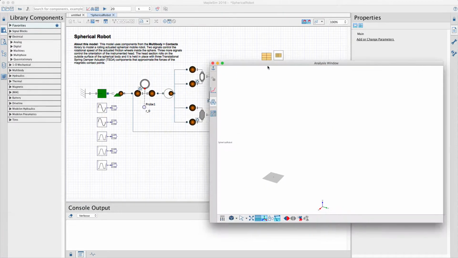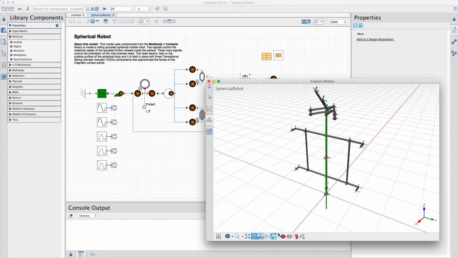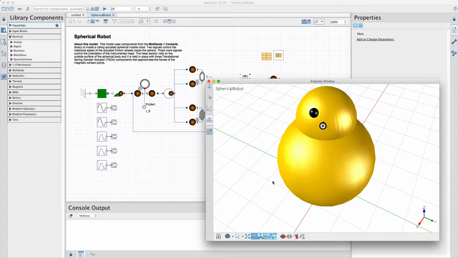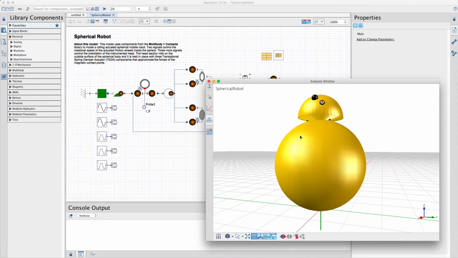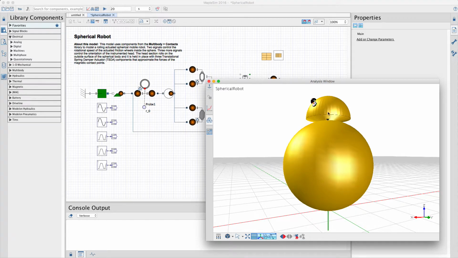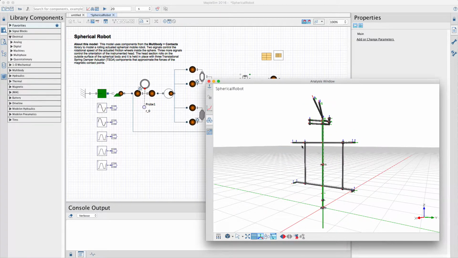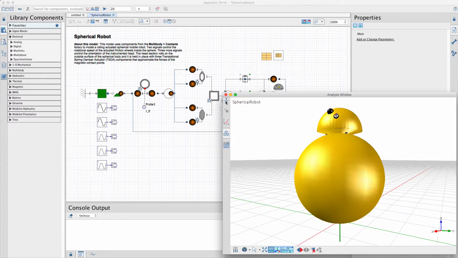So what this robot looks like before we simulate, we can visualize the robot itself and the geometry of this robot. We have certain contact points between the robot's head here and the ground, as well as the robot body. And internally there are some motors which are being used to drive the motion of this robot. So we have this 3D representation which we can use to interrogate